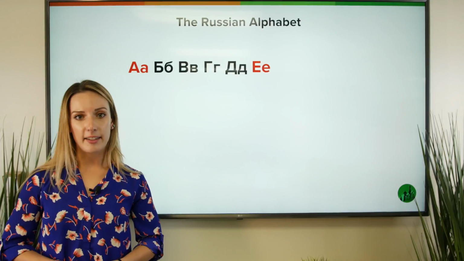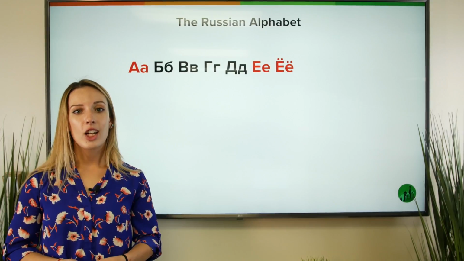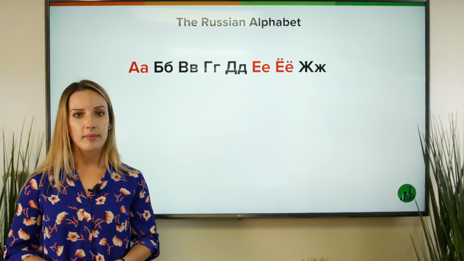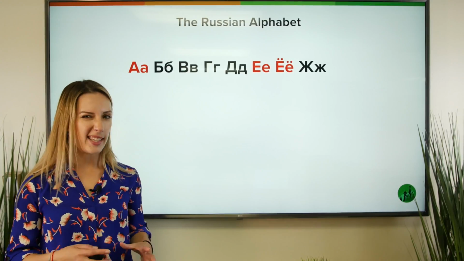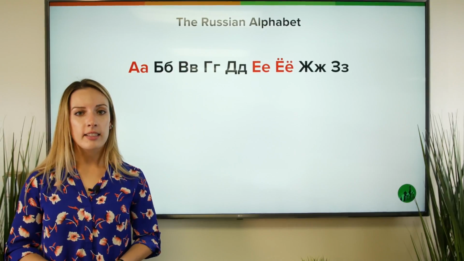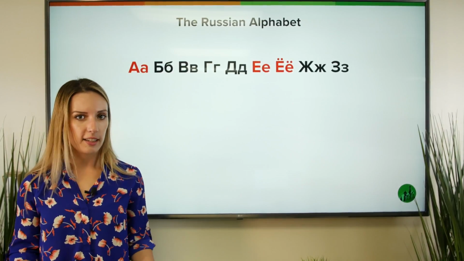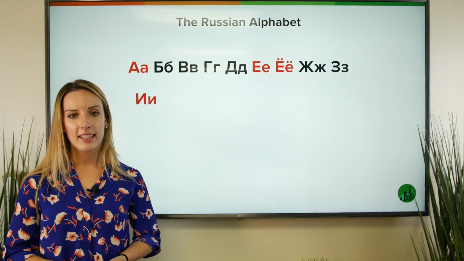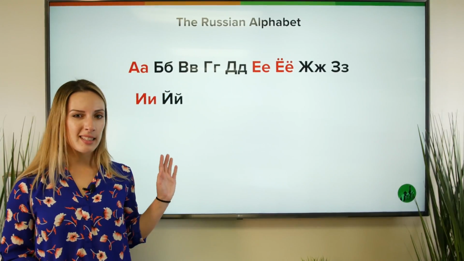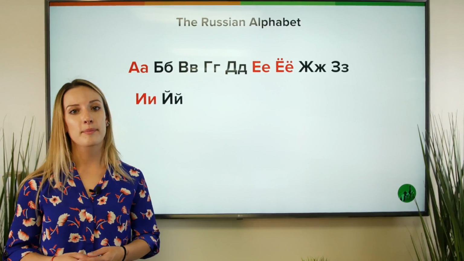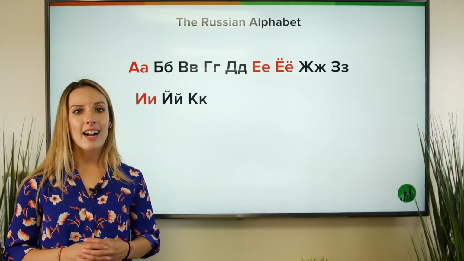Next one, Ye, Yo, Zhe. This one is kind of like the J sound in English. Next one, Z, similar to the letter Z. This one is E. And this next one looks similar, but this is actually the short E, which is called I kratkaya. Next one, K,